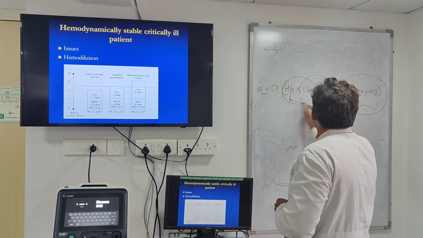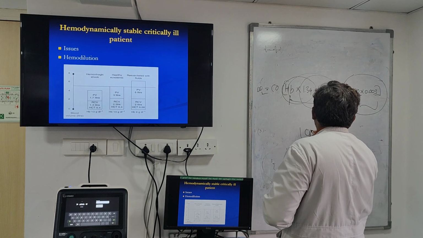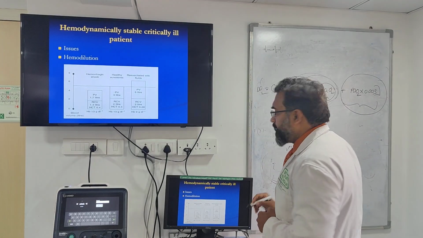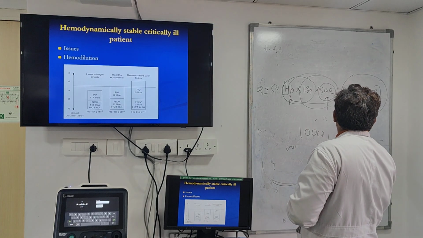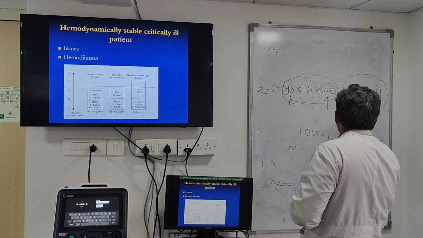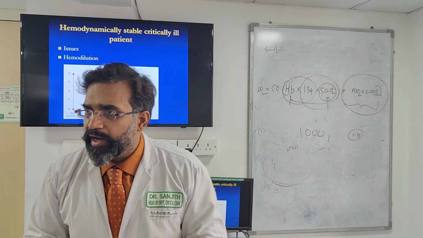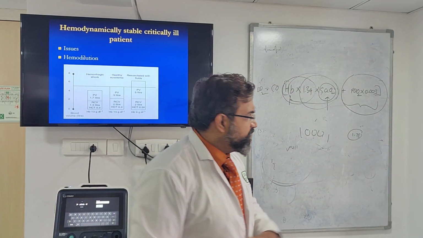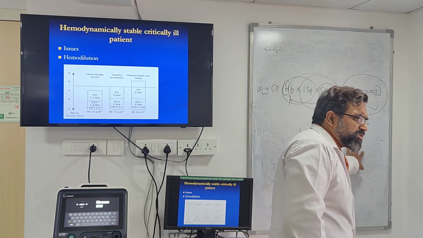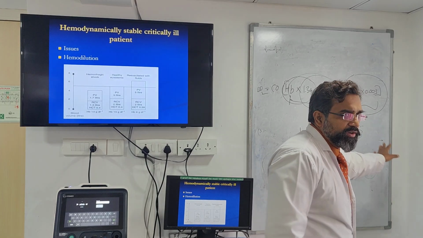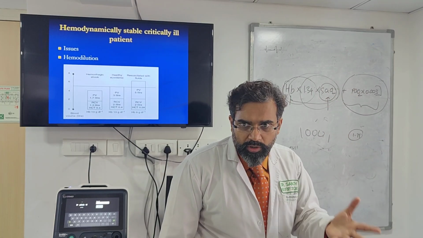is 1000 ml. Here if you look at this, 1000 into 4 will make it 4000, right? And the amount of delivered oxygen will be barely around 1 to 3%. Point something, whatever. So 1 to 3%, right? It is not going to be very high. Do you understand? This is not going to be very high. It's going to be 1 or 3% of the total that you're having. Hardly anything will be there. Even in points it will be.